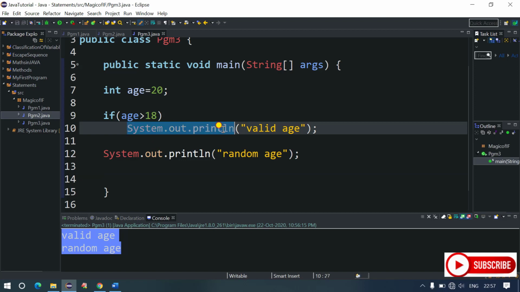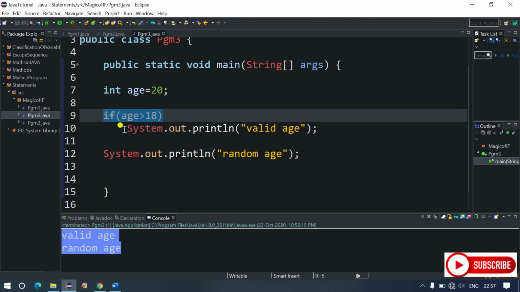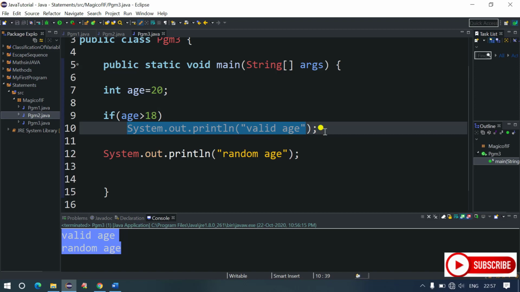We have not used the braces over here, so it is considering the first statement just after the if statement. This is the first statement, right? So it is considering this first statement inside the if block. All statements after the first one will be considered outside the if block,